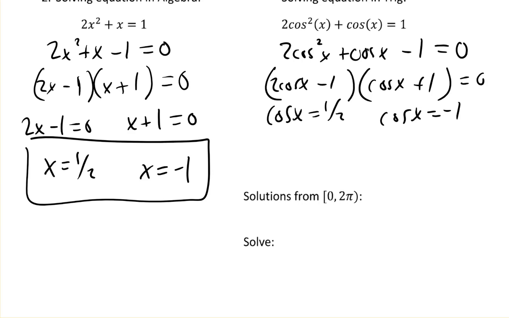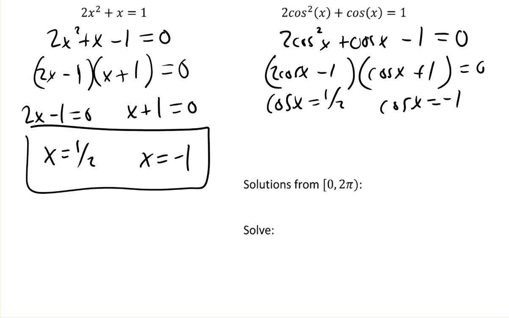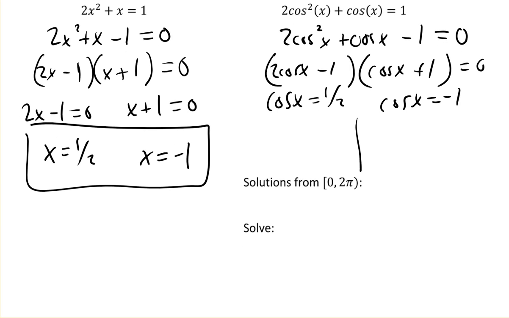Now the difference is, because again, up to this point, I'm not really doing anything different. It just looks harder because cosine x looks more intimidating than just a regular x, but the logic is exactly the same. Okay, so now I want to think about, well, where on the unit circle is cosine 1/2, and where's cosine -1? Just like quadratics can have multiple answers, trig equations can have answers come from multiple pieces here. And if the directions say list them out between 0 and 2 pi,